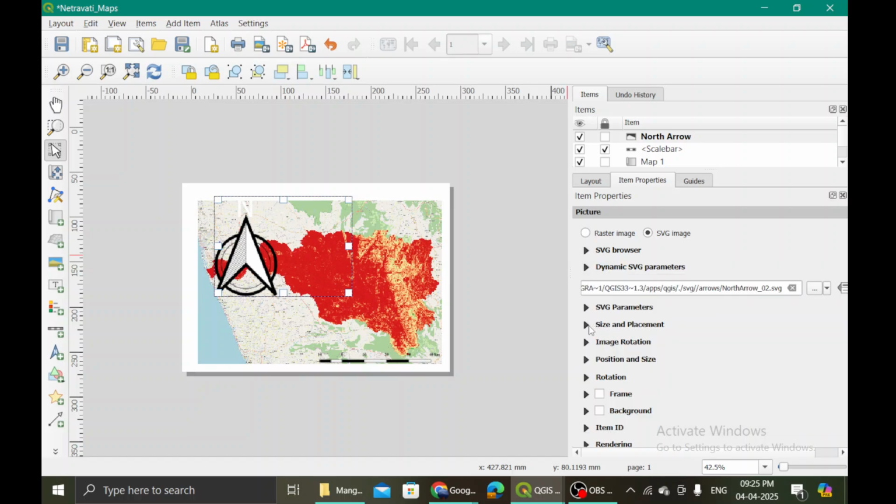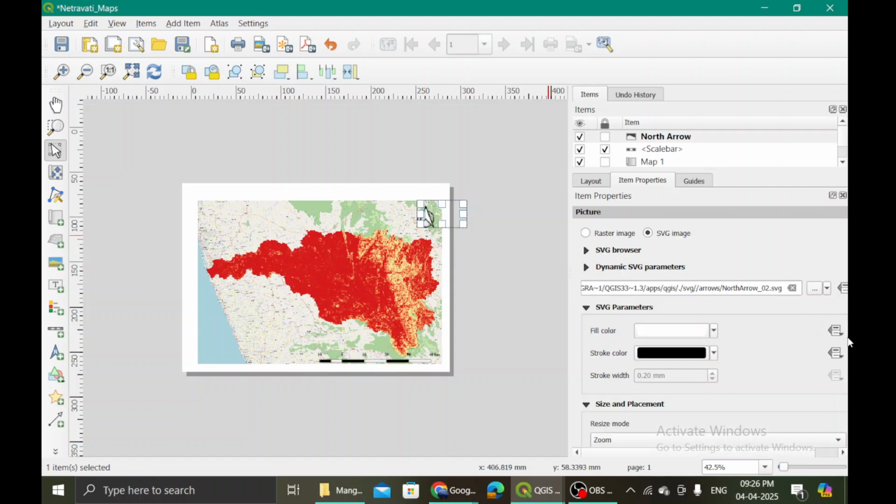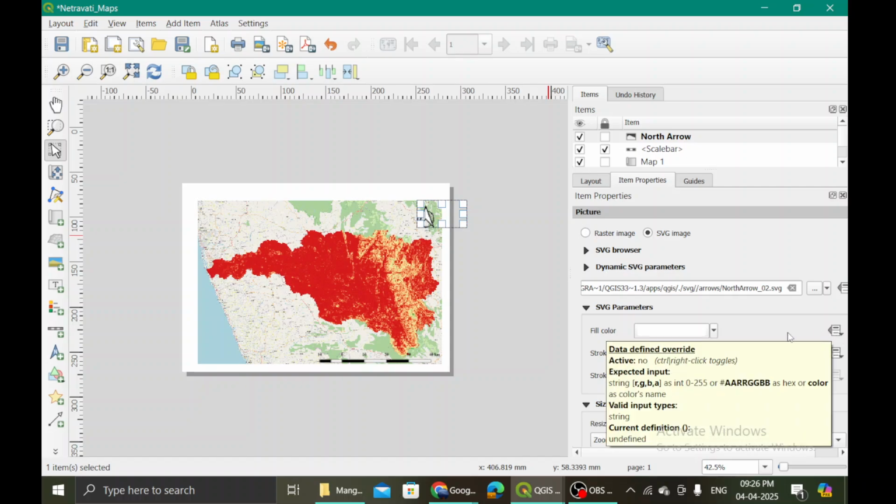And then you can change its size. You can anyhow change its size using this, and your north arrow is, mostly it's better that you place it towards the upper right hand corner. That is where you will often find the maps.